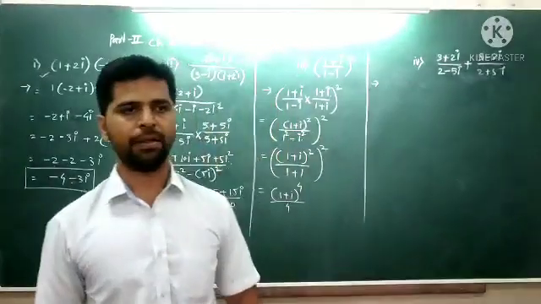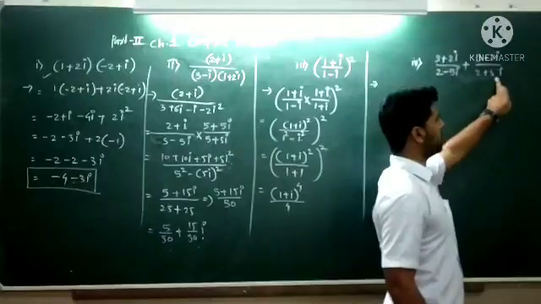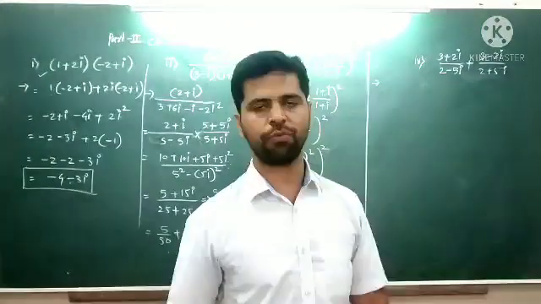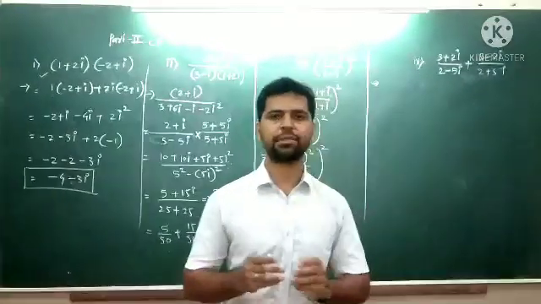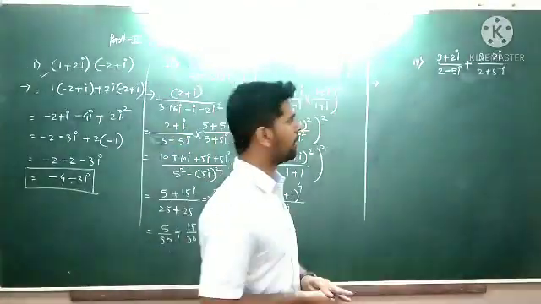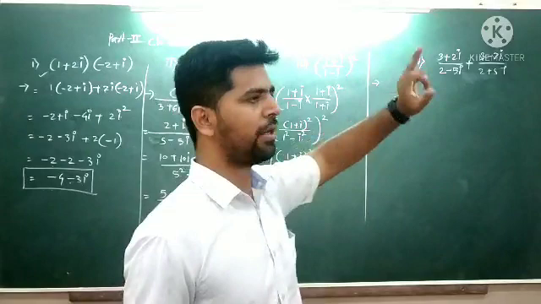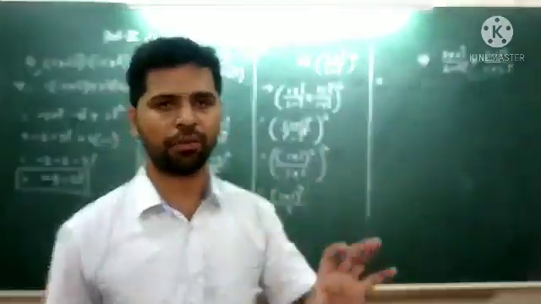So simply we can see that this is a minus bi, a plus bi, or in the form of a plus b, a minus b. So when you have a plus b, a minus b, we know the algebraic rule that it gives a square minus b square, right? But we cannot apply that here because a minus b times a plus b is in multiplication form, but here 2 minus 5i and 2 plus 5i are in addition form. So we cannot use that directly here.